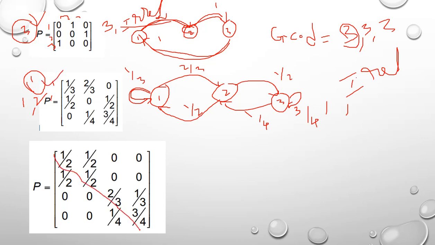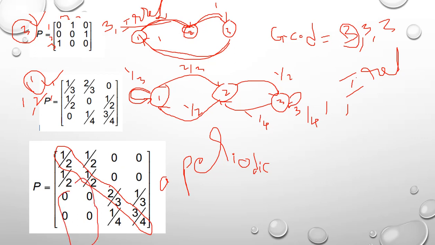Now by observing this, if all diagonal values are greater than 0, then we can say that this is aperiodic. This is one result also; you can see the theorem also. Simply, we are saying that this one is reducible. This is not irreducible. When you formulate the graph, that time you get a reducible chain.